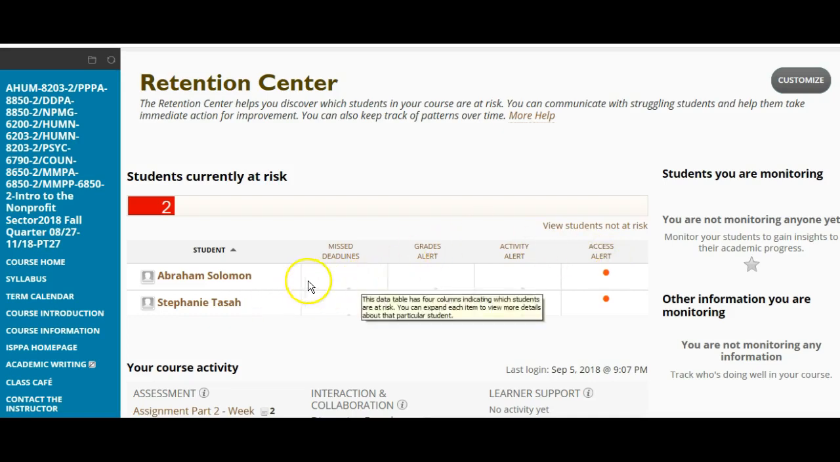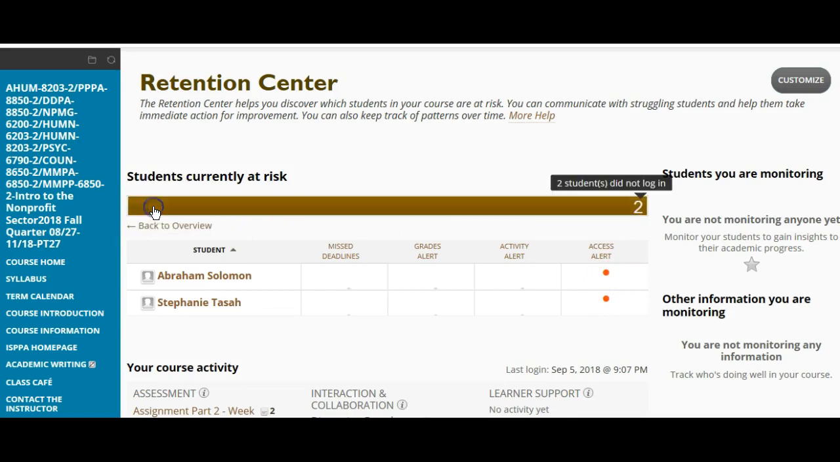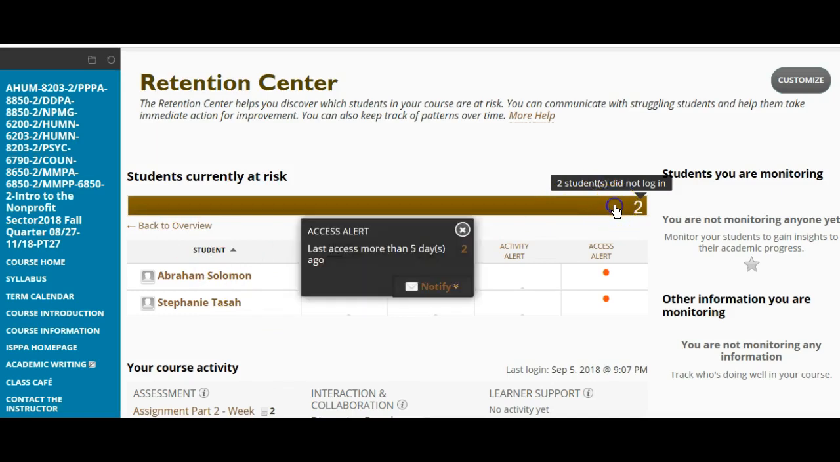Well, it appears that these two students haven't accessed the course in a while, and so if I click on the two, it'll say these two students haven't logged in. So we're in week 2, for example, and I'm concerned as a faculty member that these students haven't logged in. So now that you see they haven't logged in at all into the course, you can actually click on the gray box or the brown box and actually send a notice directly to the students. If I click on this notify via email, students,